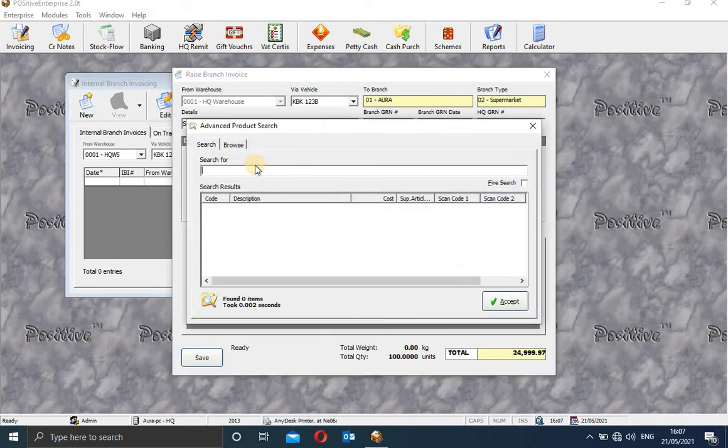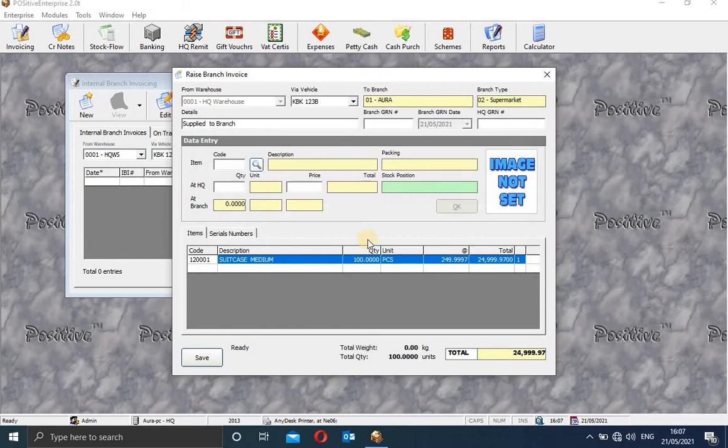So I will say maybe I need sugar 50 kg, 50 kg there. Then I will say how many kg. I will say 5.